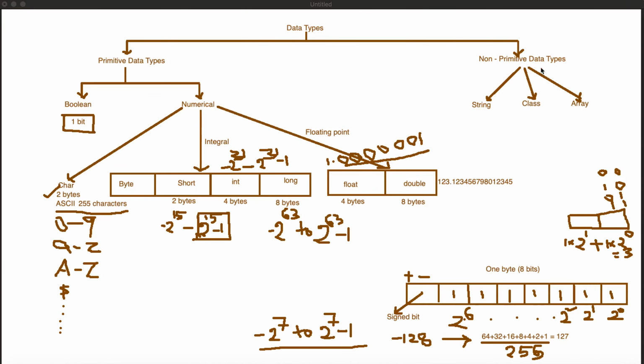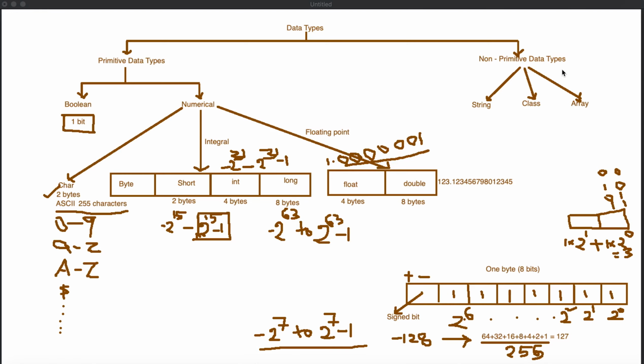Now coming to the non-primitive data types, they are not a fixed range. There is no specific value, and there is no specific range that Java gives to the non-primitive data types. The primitive data types are the fixed value data types. Their range is fixed, and the maximum values that they can contain are fixed. Whereas in the non-primitive data types, that is not the case. It's a string. You can have n number of characters in a string, a lengthy string, or you can define it with 1 character or 2 characters.